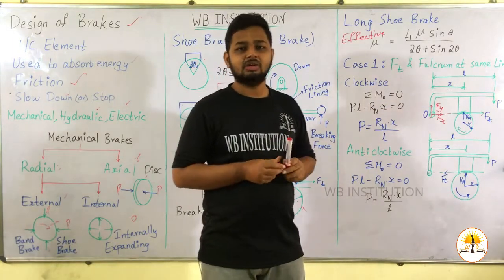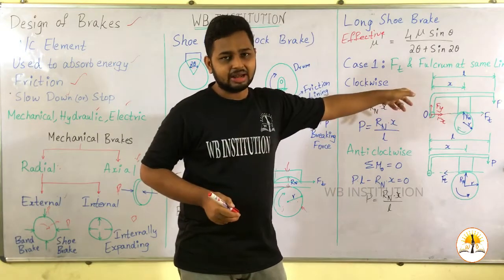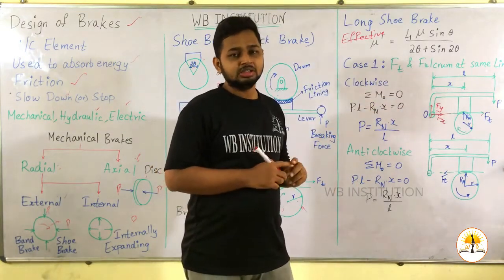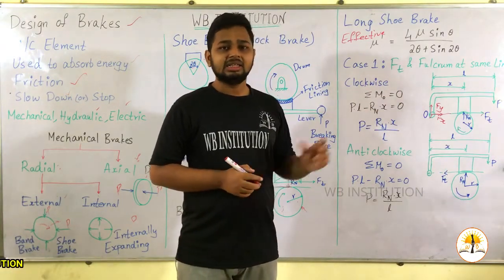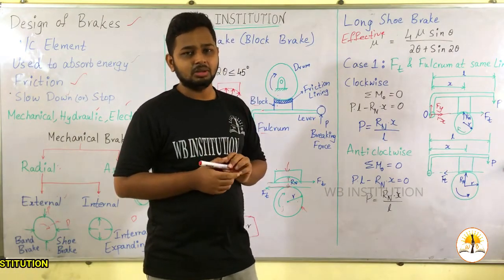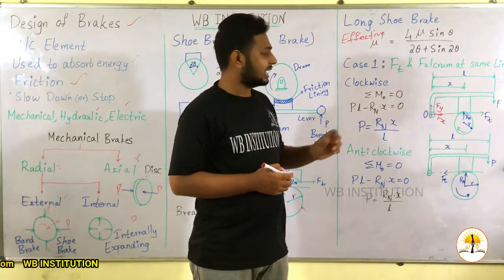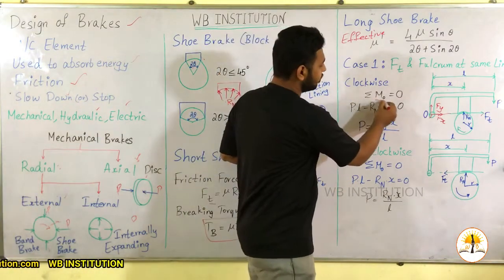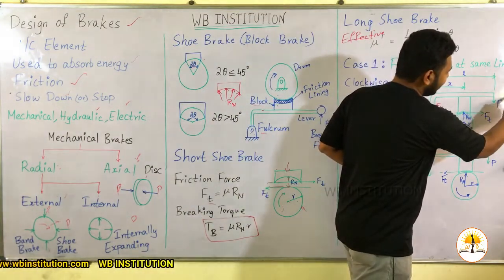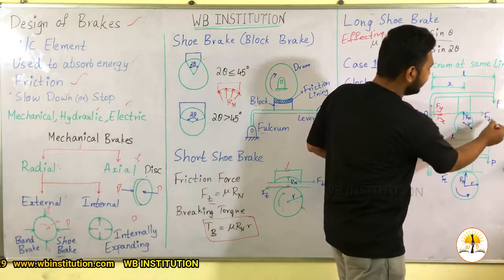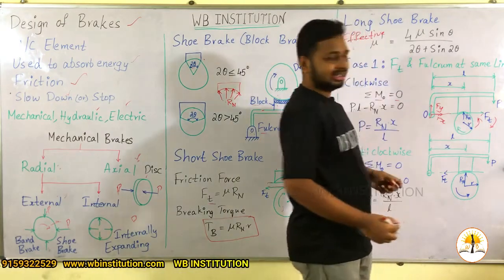Now we want the value of P. So how can we use Fx and Fy? We cannot use Fx and Fy to calculate the value of P. So the only relation by which we can calculate the value of P is the moment. The sum of moments will be equal to 0, with respect to the point O, that is the fulcrum. Now if we calculate this, that is sigma MO equal to 0, here the P is acting in clockwise direction and Ft is also acting in clockwise direction, Rn is acting in anti-clockwise direction.